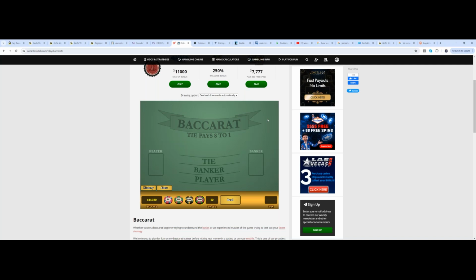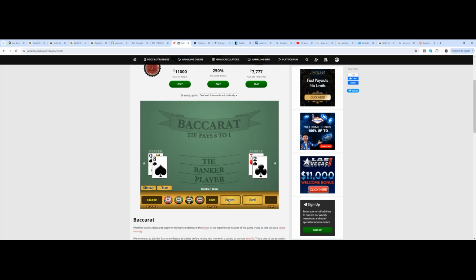Will the next winning hand on this table be banker? Will the next winning hand on this table be player? So I'm getting player, we deal,